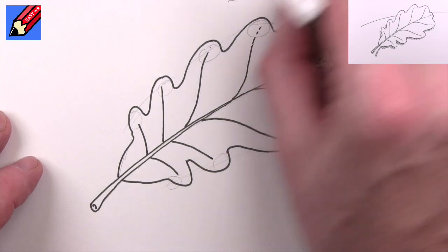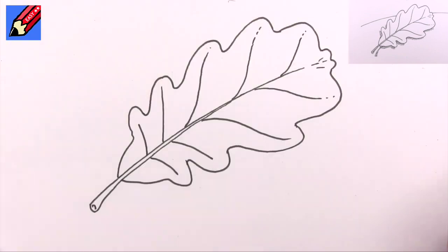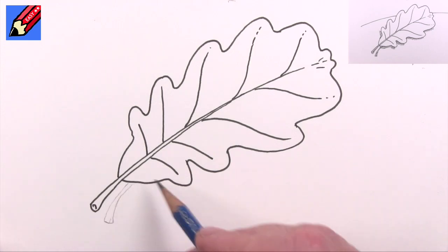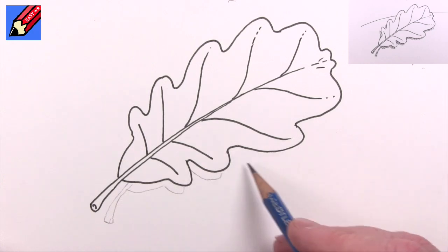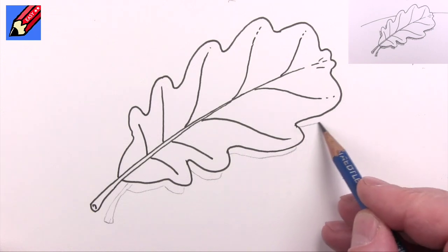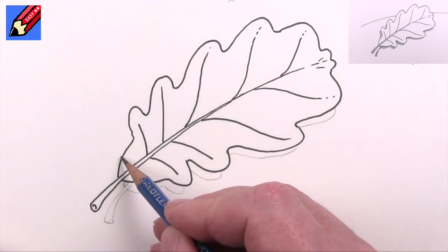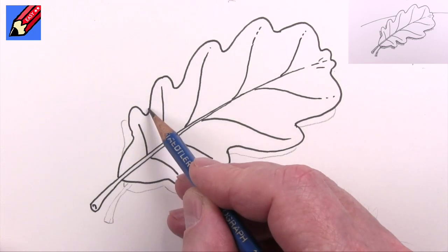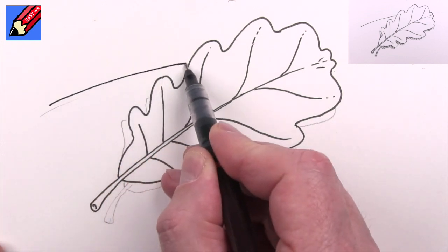When you are sure that the ink is dry, then you can erase those pencil lines. And I'm going to give it a bit of shadow here, so I want to have a shadow of the petiole just sticking out a little bit like that. And what I'm going to do is to plan this a little bit. Normally I just sketch in a load of shadow, but this is a bit more tricky, so we want that going there, and we're going to have a little bit like that, or maybe on that side there. We'll put it on the table by having the horizon